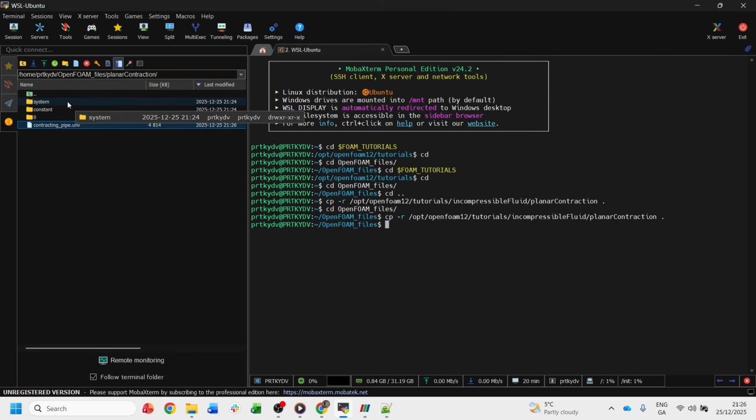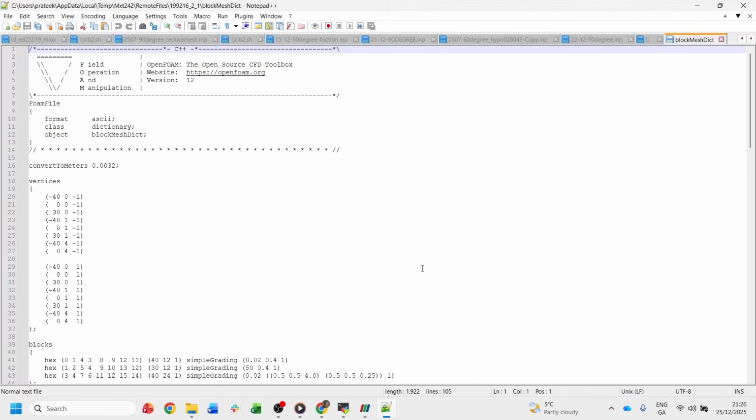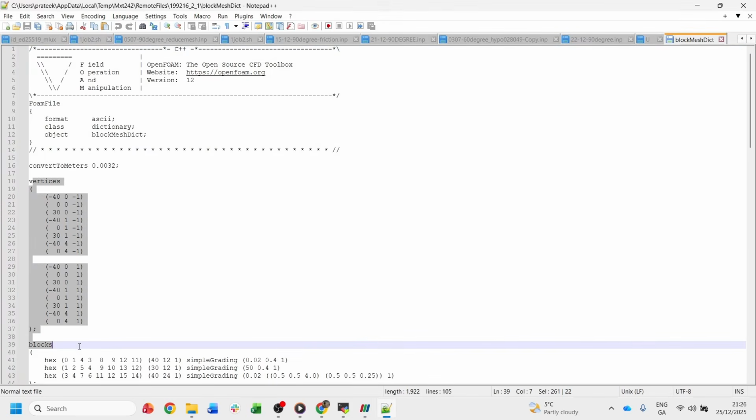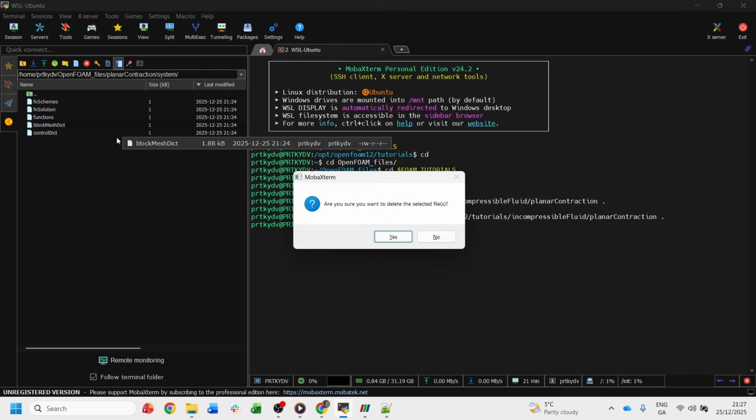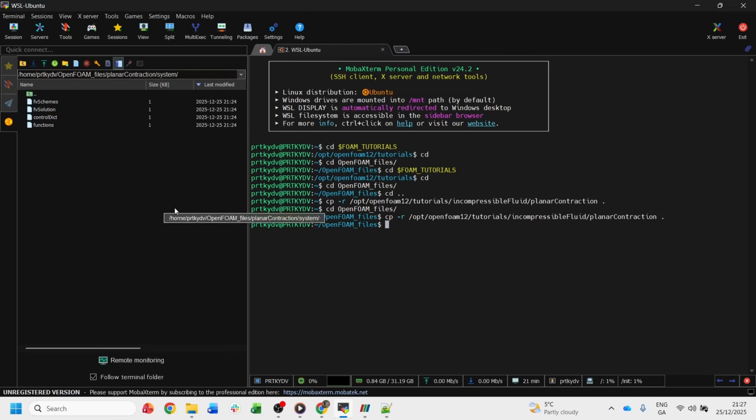and we'll go to system. Here we have different files. This blockMeshDict file contains the information of the geometry. If you right click here, you will see the geometry that I've shown you earlier of the rectangular contracting pipe. Since we already have our mesh from Salome, we don't need this file. So we will just delete this,